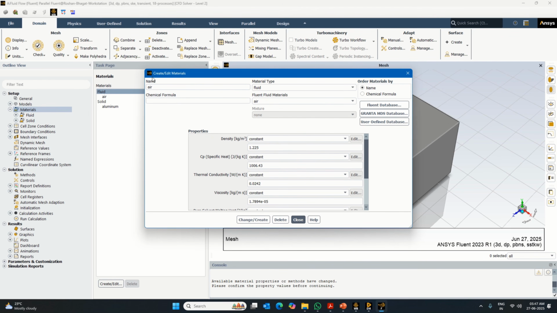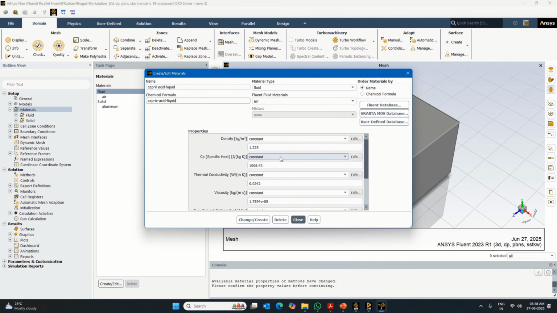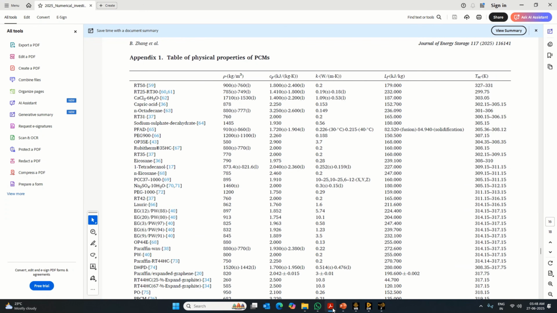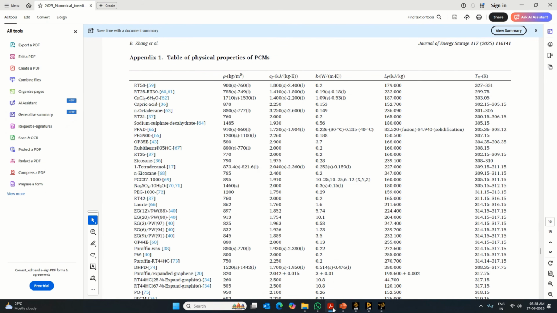So I just put it here, capric acid. We need to define both solid and liquid. So I'll just put capric acid liquid now. Put the value of density 878. Specific heat 2250. Thermal conductivity